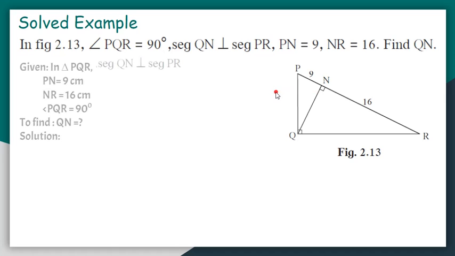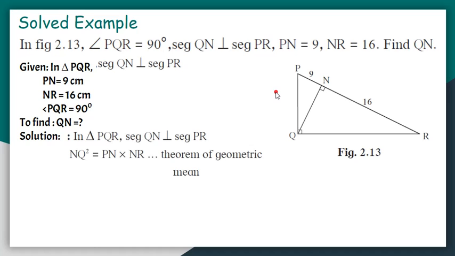So first let's write down the given and what I need to find in this question. There's a triangle in which these values are given. I need to find QN. Simply I can directly write that by the theorem of geometric mean, NQ square is equal to PN into NR. I know how much PN and NR are. I put back the value, I would get